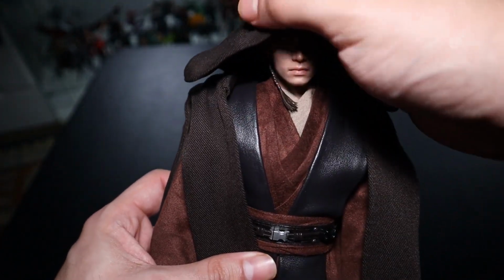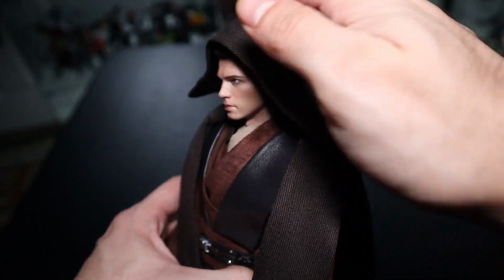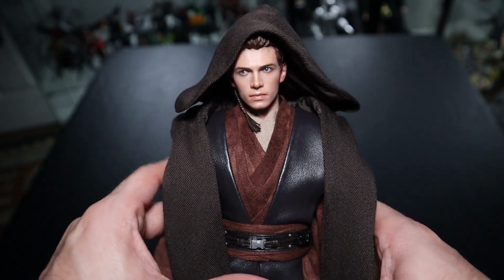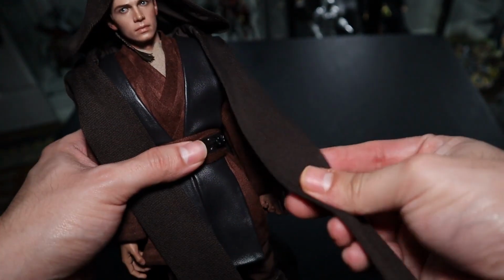And again, not having sleeves either is going to make it very tough for me to pose it. So I'll be honest, I don't think I will include the actual robe or cloth itself on the figure, because it's just going to be very hard to pose without the sleeves. But all in all, it is a good look as far as the texture and the way that it is